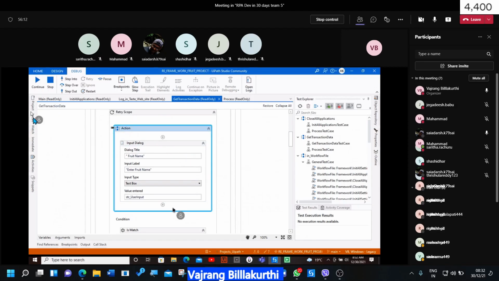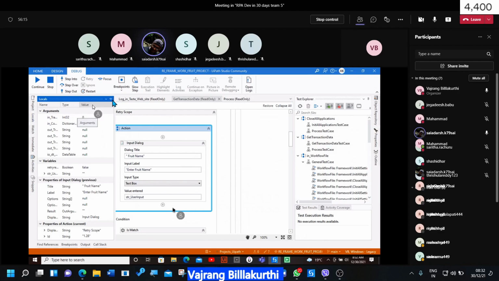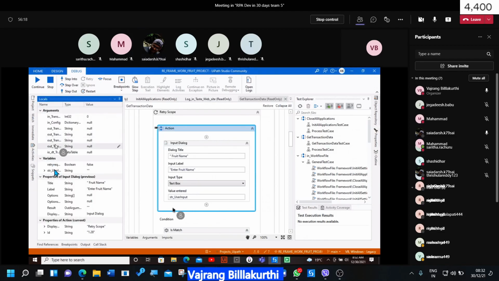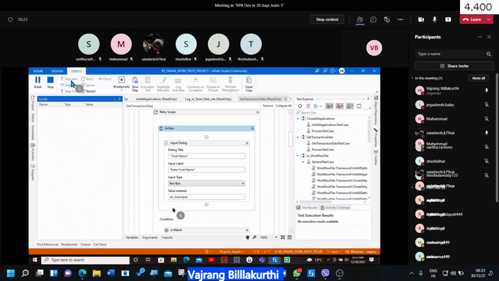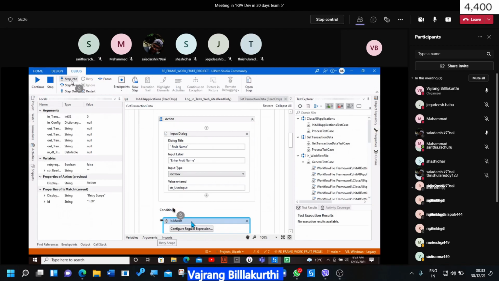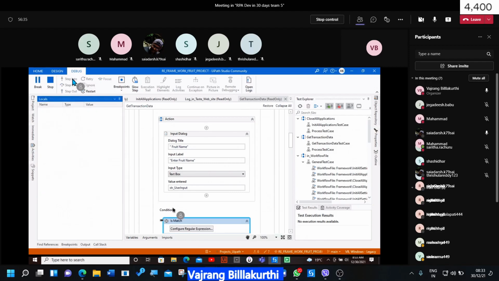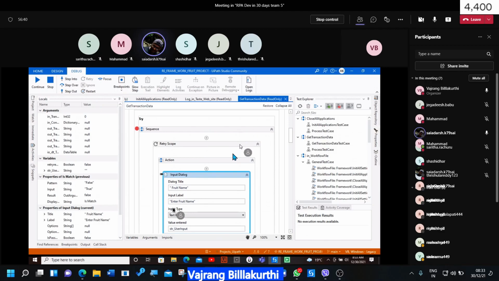So what value are we going to get in the string? User input is nothing. So this will go into the match condition, and the match condition will fail, because we are checking true with true, true with false. Now it will wait for 30 seconds, which is the default, and it will retry 3 times. Did you see it went back into the input dialog box? This way it repeats itself 3 times.